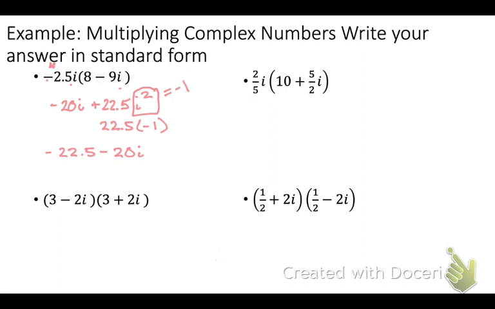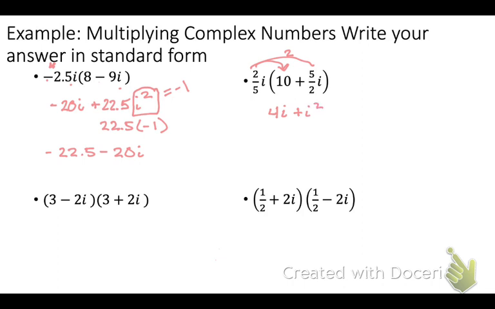Okay, 2/5 i times 10 plus 5/2 i. So 5 goes into 10 how many times? Twice. So 2 times 2 is? 4. So I have 4i. And then, well, 2/5 times 5/2 is 1. And then i times i is,